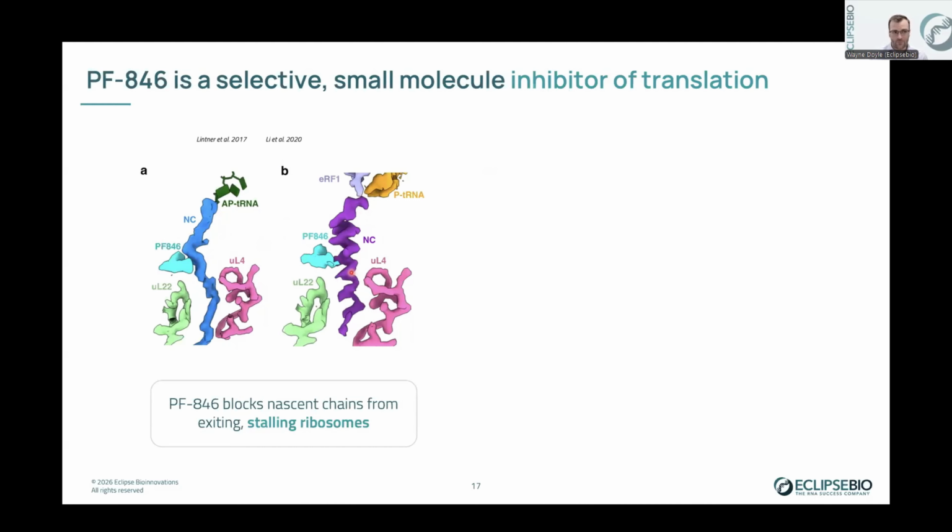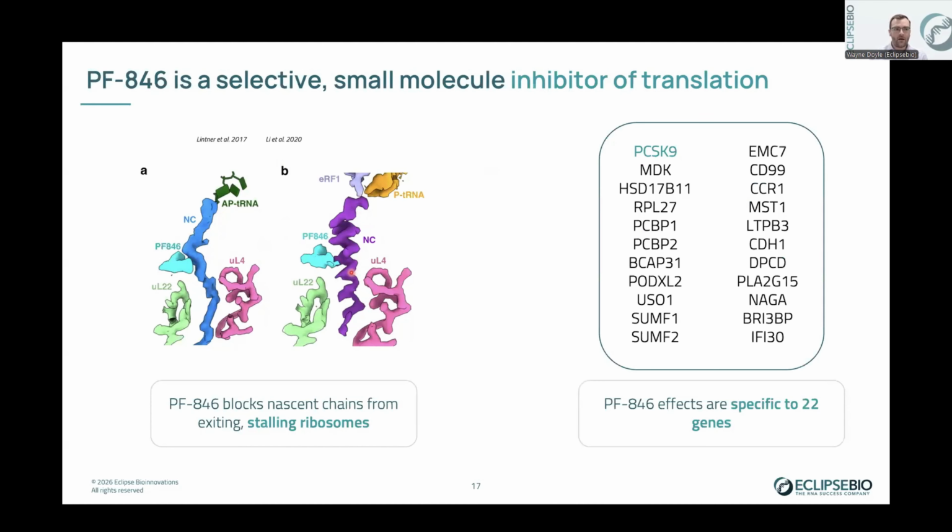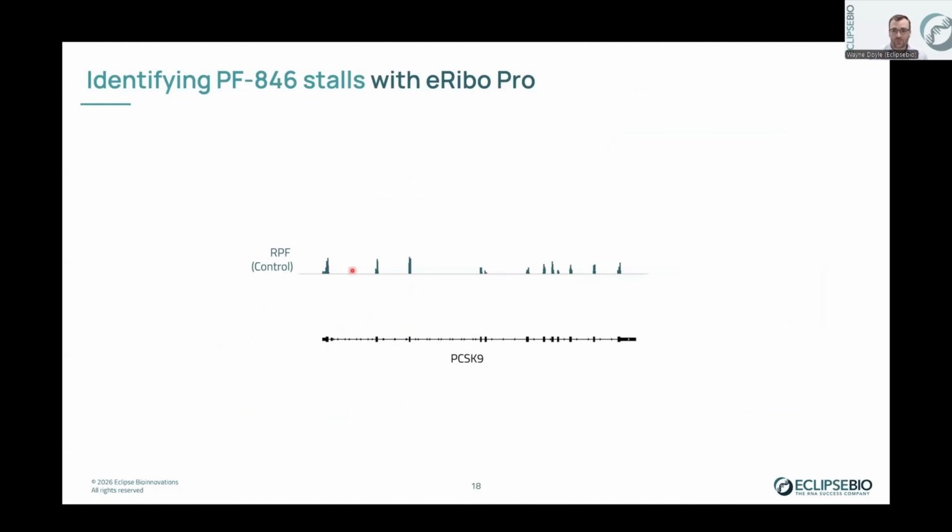The ribosome can't move forward. The nascent chain can't exit. And so that then leads to a ribosome stall, preventing protein production. This is a very specific effect. It only affects 22 genes. The target is PCSK9. And so we then asked, can we actually see these ribosome pauses occurring at the expected site using this assay? And so I'm showing the results of that experiment here, where again, this is a browser